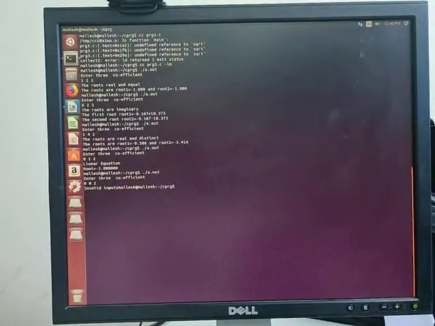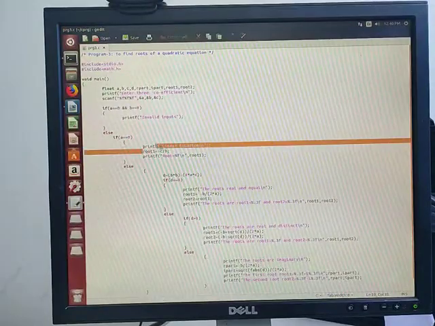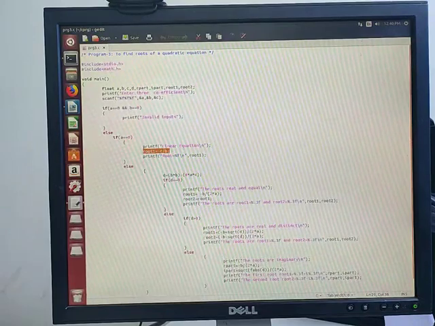When a is equal to 0, b is equal to 0, definitely roots are not possible. When a is equal to 0, then it is going to be a linear equation. So that is minus c by b. So that is the linear root there. So you can see here, minus c by b. This is the linear root. When a is equal to 0, then root 1 is equal to minus c by b. If a equal to 0, b equal to 0, it is going to be invalid.